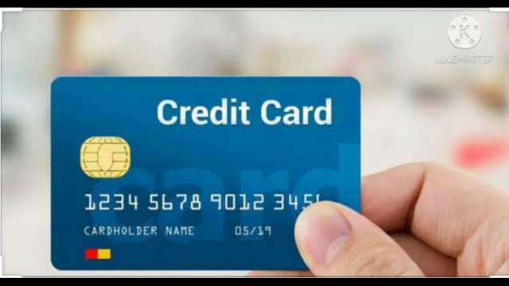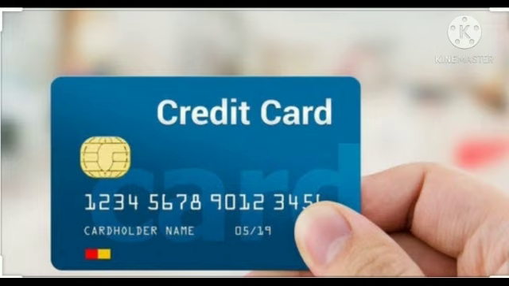Now see what a credit card is. Whenever you are using a credit card, it means buy today, pay later. Clear? It means you are buying the goods now but paying the bill afterward. Clear? The bank will give you a clear time period to clear those bills. Understood? And when the payment is not made to the bank within the specified time period, the bank will charge you interest. Understood?